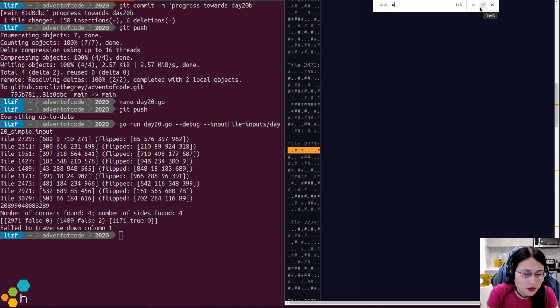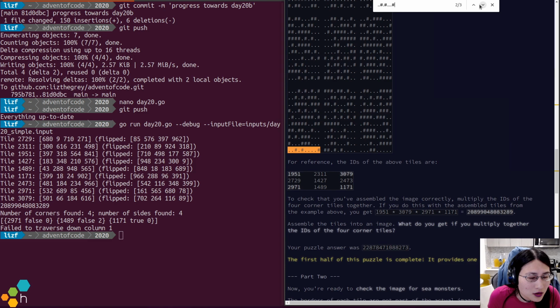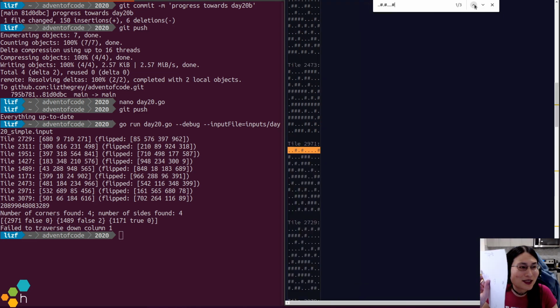So yeah, because I think I'm going to literally draw the pattern of it on this piece of paper. One, two, three, four, five, six, seven, eight, nine. I need one more. Okay, so